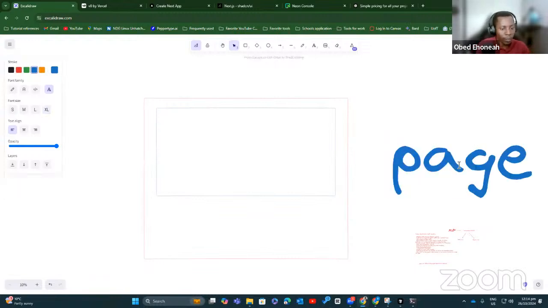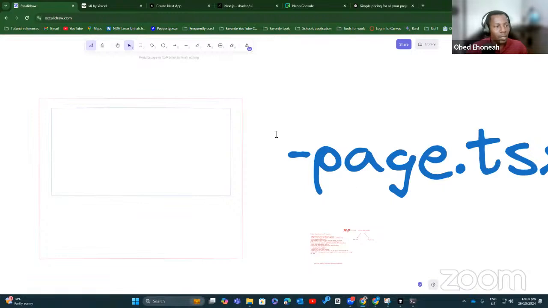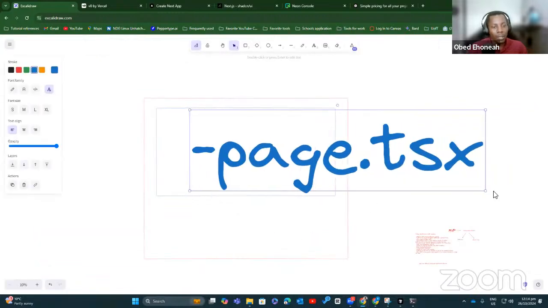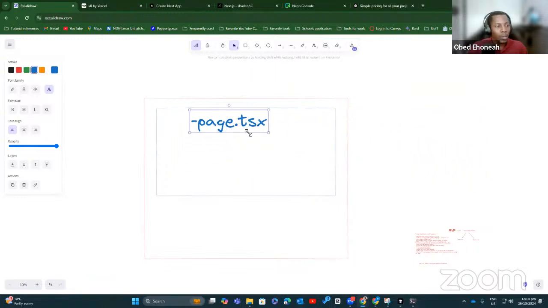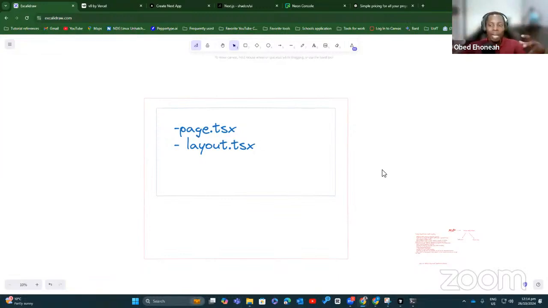So one is the page.tsx, and it's TSX because we are using TypeScript. If you are using just plain JavaScript, it will be JSX. So we need to pay attention to this file and the layout.tsx. The layout.tsx will wrap every other file that you create in the project.